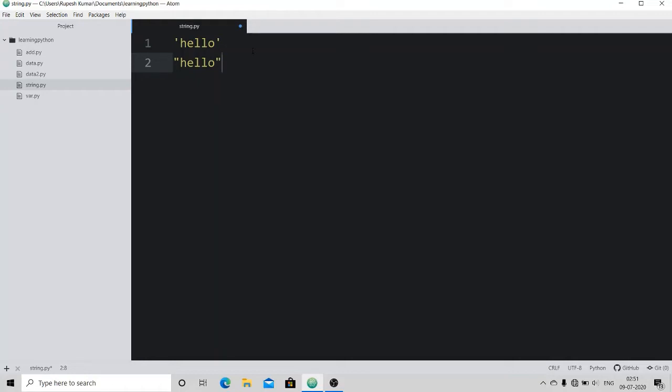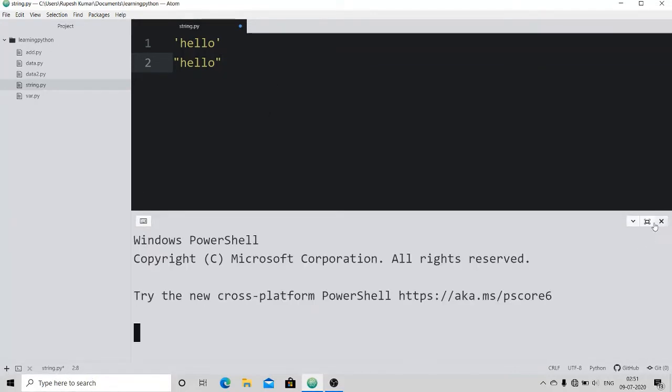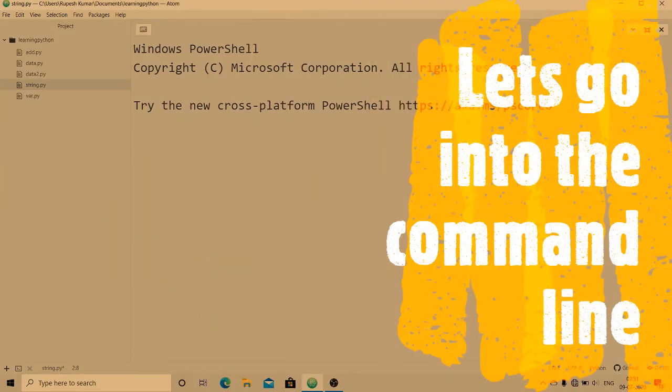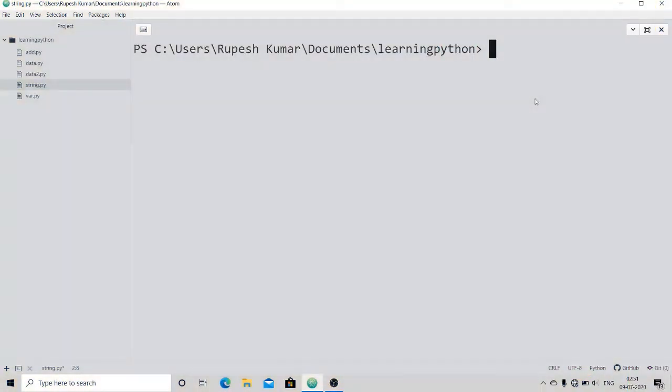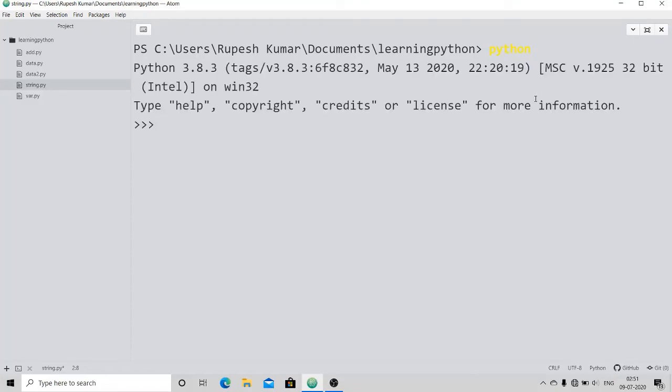Now the question arises: how can you print, or get output of, a string on your terminal? For that, let's move on to the command line. I'm going to write Python here. First let's clear the terminal and then write python to start the interpreter. So here I am in the command line.